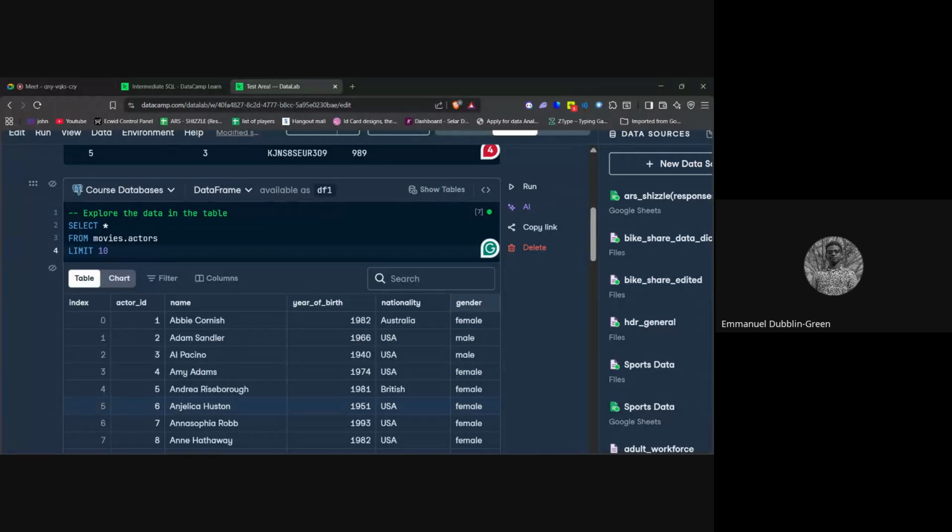It does not make sense to now say, oh, Abby Cornish, female. Amy Adams, female. Angelica Huston, female. Doesn't make any sense, because the question has already been the names of all the female actors. So it means that any name in my results, it is safe to assume that it's female, right? Let me show you what that would look like. I'm going to say SELECT name. Remember, the column I want to see is the name column, right? FROM movies and actors,